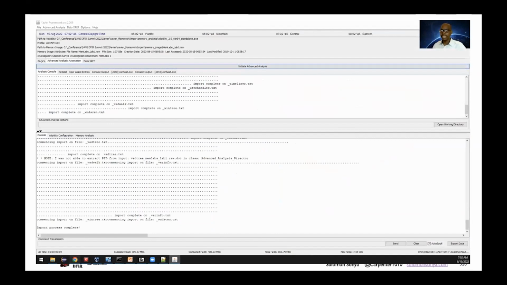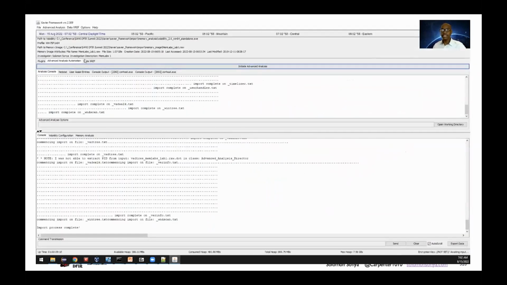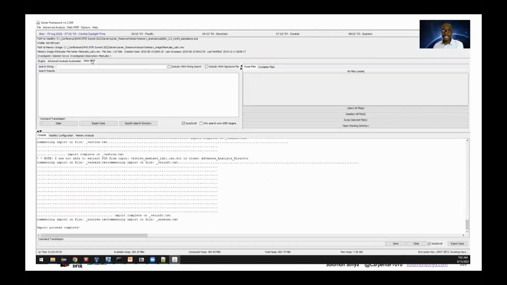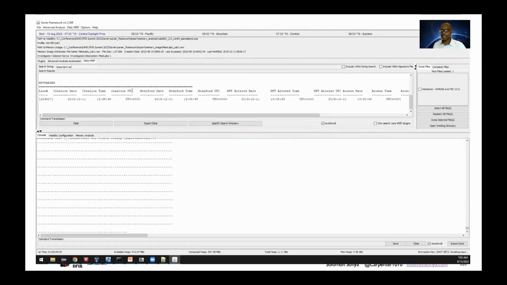So one thing you did see is I talked about command line. What are the command line parameters? So important.rar. Let's say we want to search further about this specific artifact that we found, important.rar. If I come into the tool here and I click on my data cross-referencing side, I can do a search on anything that we discussed before. So if I say important.rar,